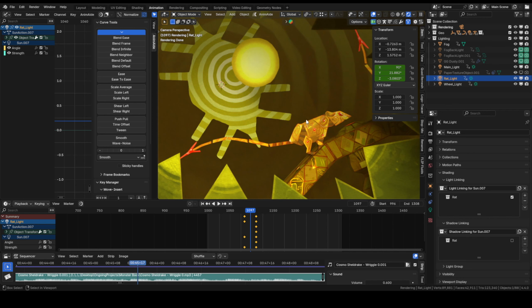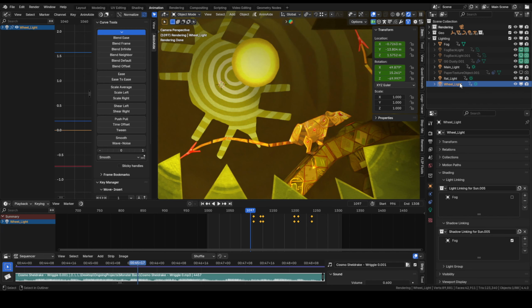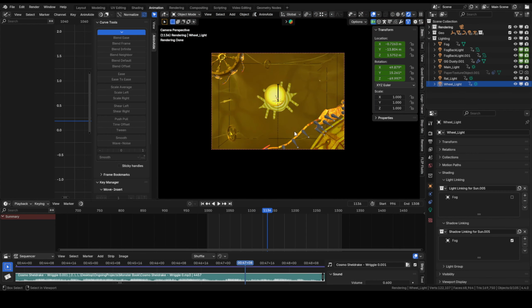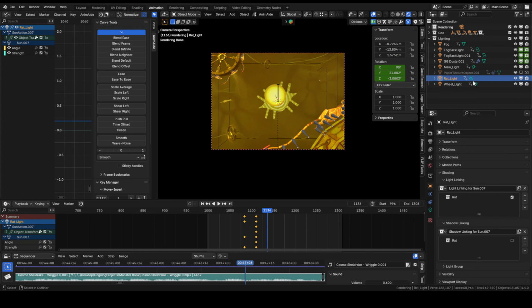Because it wouldn't look as good. That's just a personal thing. You can do whatever you want, but that is so insanely powerful because in the whole scene, you get to fix any error. For example, in the same vein as the rat light, I have a wheel light that only affects certain